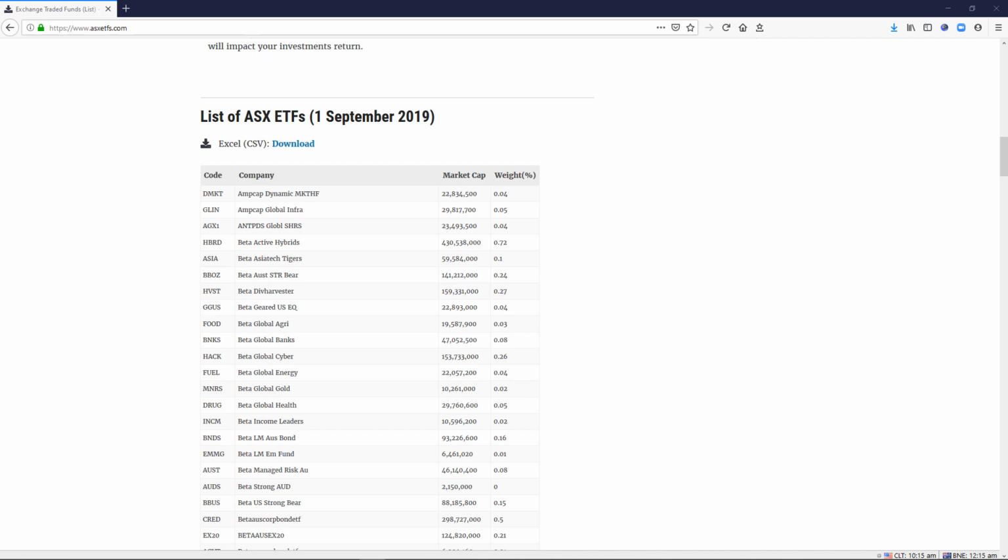Hi everyone, here's how you can download a list of ticker symbols from a website and quickly open them as